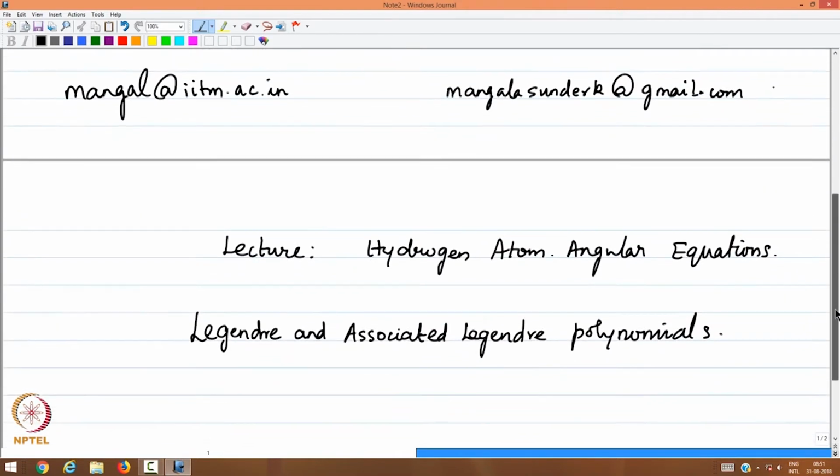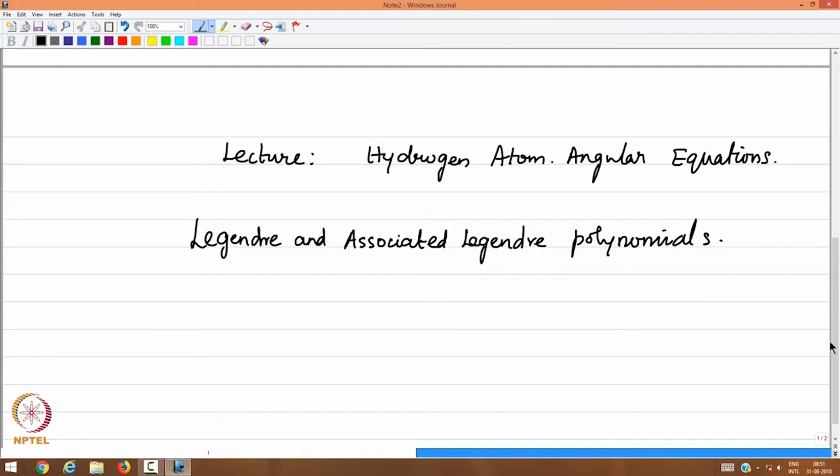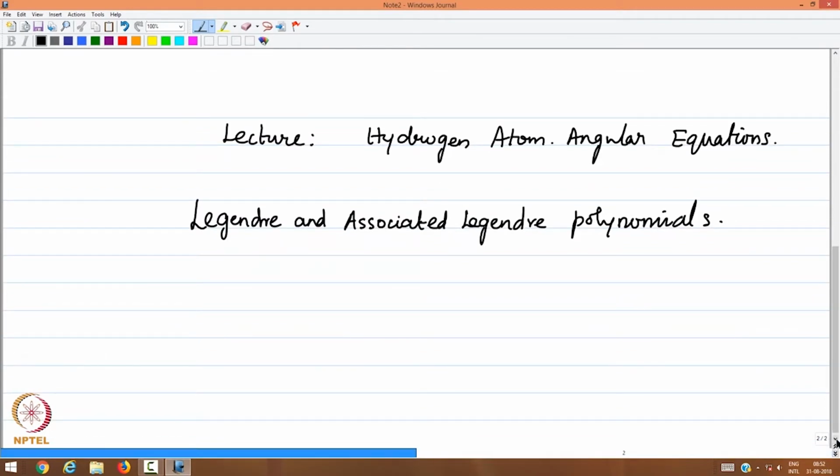The lecture now will continue on the power series method for solving differential equations related to some of the important model problems of quantum mechanics we have been looking at. We looked at the Hermite polynomials in a previous lecture, and in this lecture we shall look at the angular part of the hydrogen atom problem and the Schrodinger equation, but some review of that has to be done before we get to the details of Legendre and the associated Legendre polynomials. Okay. So, let me recall from what was done a few lectures earlier,